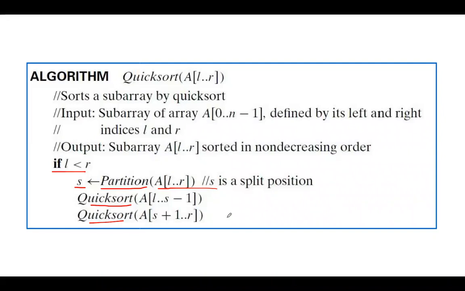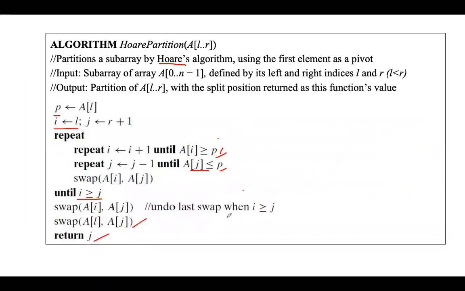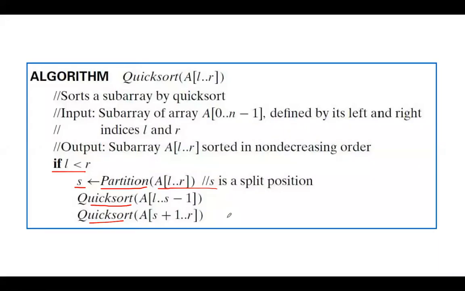See, we have a lab program on this, and there also exactly the same algorithms will be used, the partition algorithm and the quicksort algorithm. If you have understood the logic, then you need not have to buy the lab programs. It may be merge sort or quicksort, everything will be very simple if you remember the algorithm. Programs will be same as this algorithm. You have to understand the logic. First, we'll do the partitioning, and then apply quicksort for the left part of the array and apply quicksort for the right part of the array.